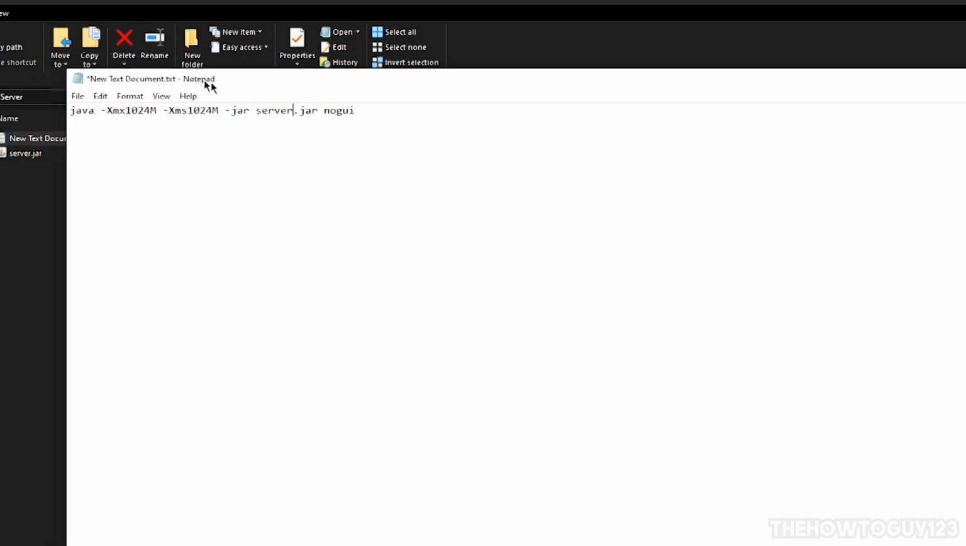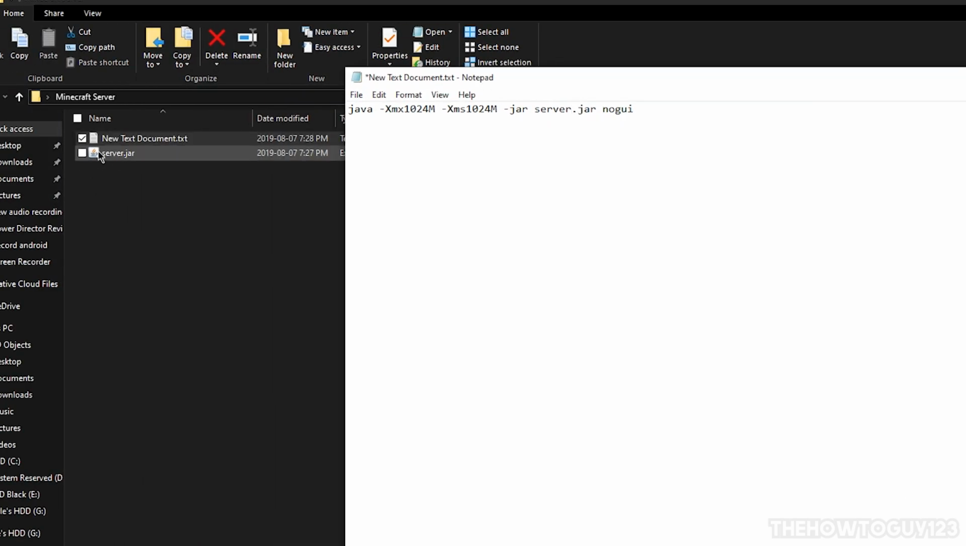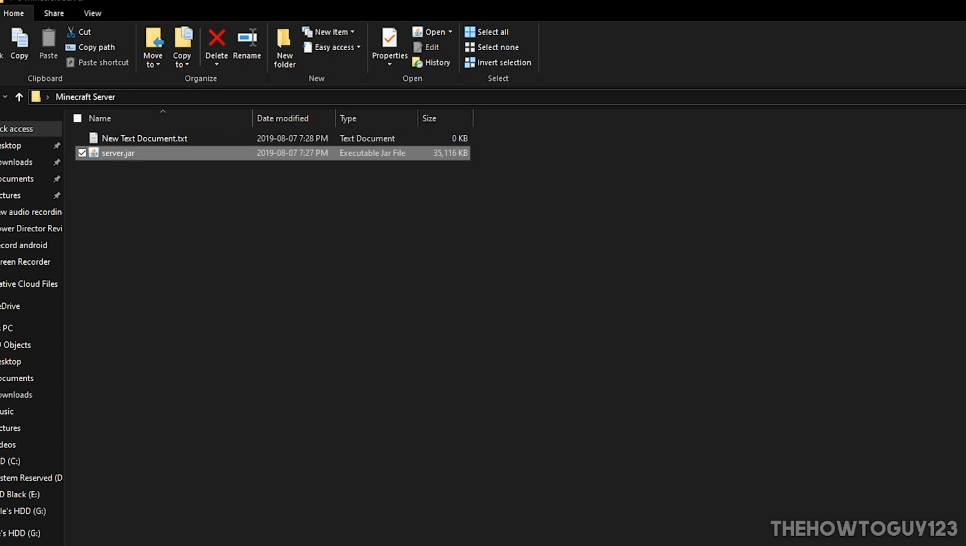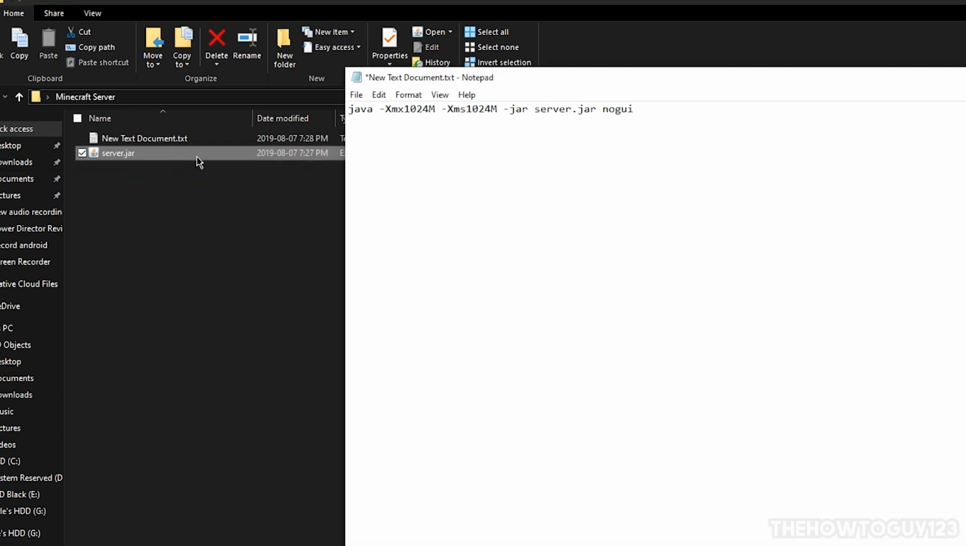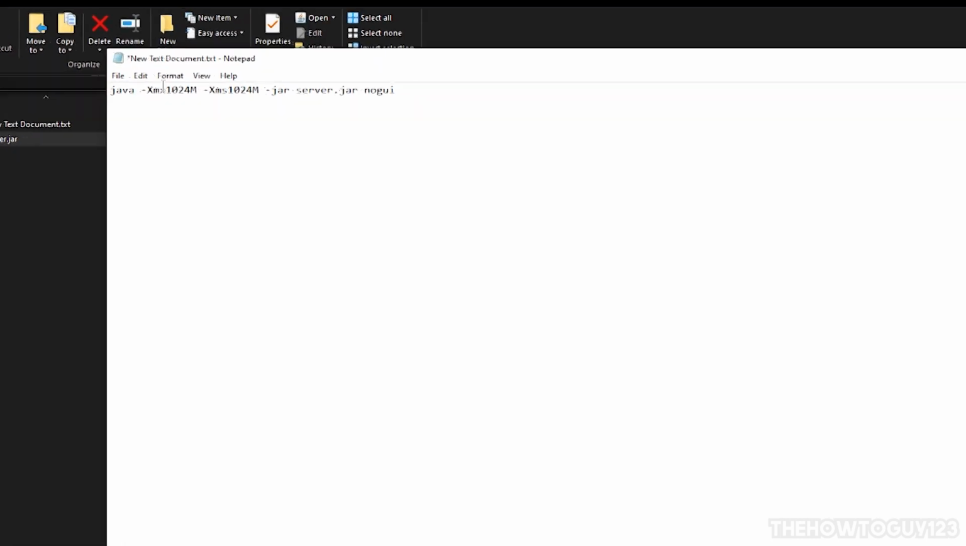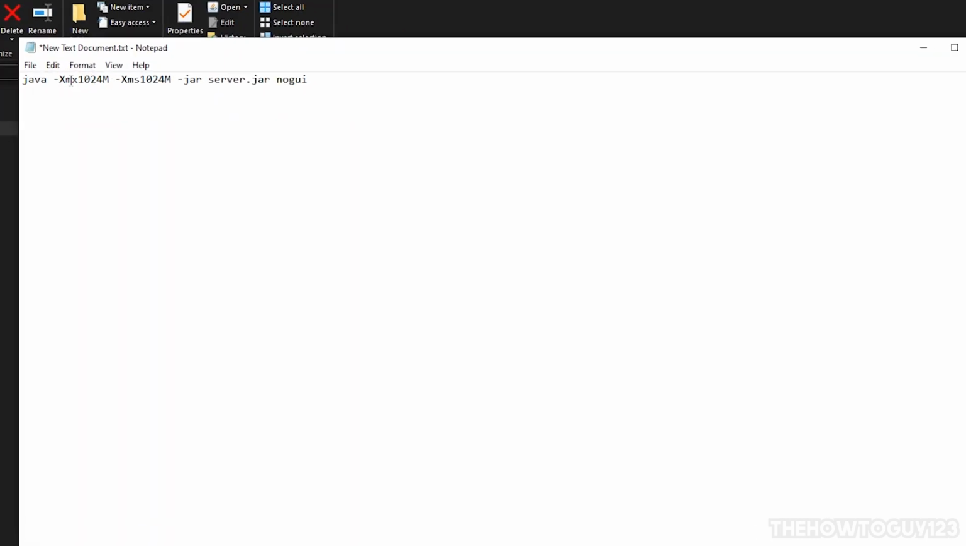That is because our .jar file here is called server.jar. So you're going to want to name it whatever our .jar file is called. Now the second thing here we're going to want to change is our RAM. So you'll see 1024 in 2 places, and this is the amount of RAM we're going to be allocating to